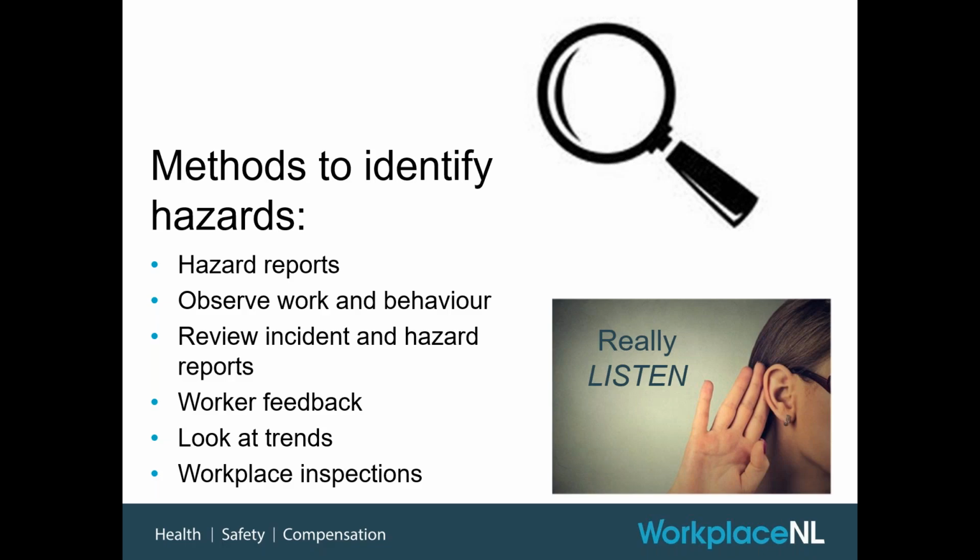Reviewing incident and hazard reports, worker feedback, and again, as I said, looking at trends too. So perhaps you have had claims in the past, and in this particular type of work, you can look at what the root causes were from your investigation reports. Completing workplace inspections is another way to identify these risk factors. There are a lot of different ways. And as I mentioned, there are some risk assessment or risk identification tools in the handouts that you can download as well to assist you in identifying potential risk factors or hazards in your workplace.